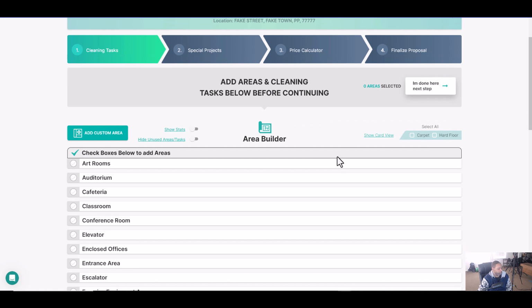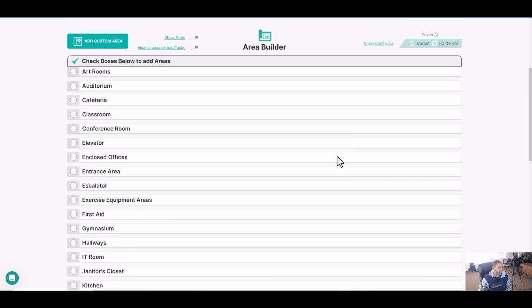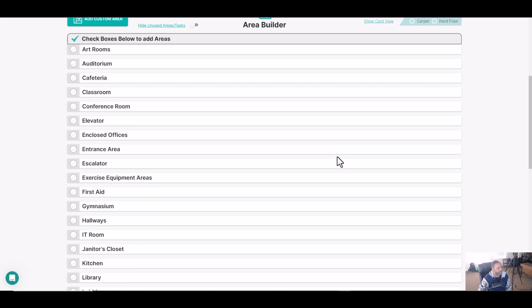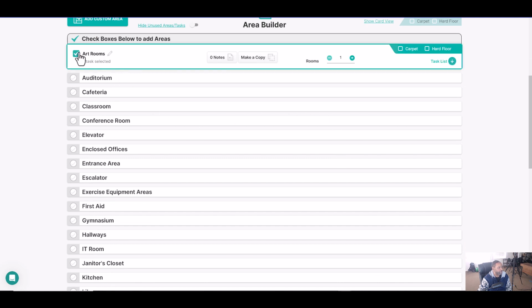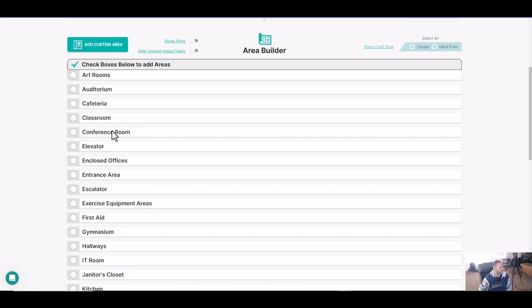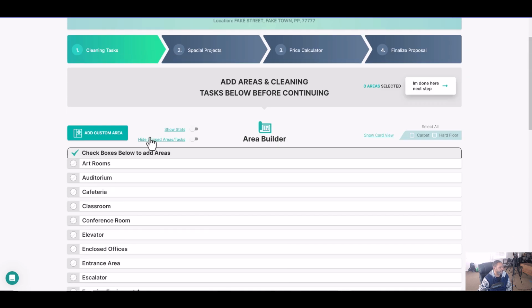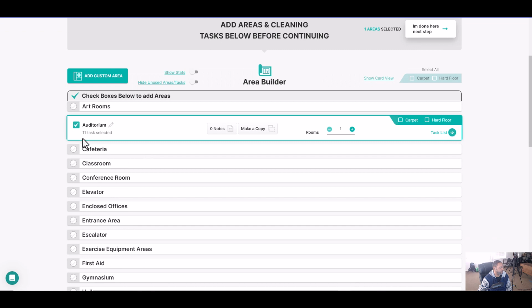So basically, this concept works the exact same way throughout the entire software. If you want something in your proposal, just make sure you have a check mark next to it. If you don't, uncheck it. So you would go down here and build out your areas and your cleaning tasks. So let's say you're cleaning an auditorium, and what you can do is add photos and notes, you can count the number of rooms, and I'll include a walkthrough video so you can see how this works on your walkthrough. And then you select the flooring types,